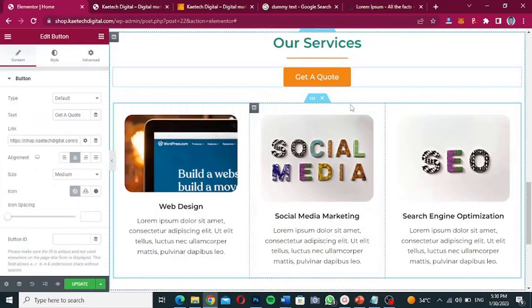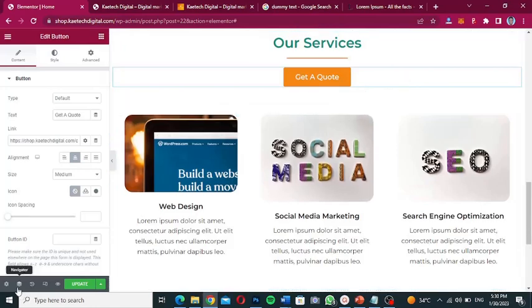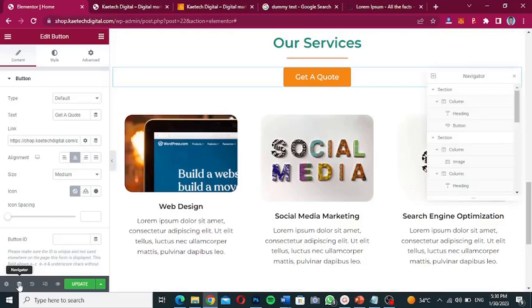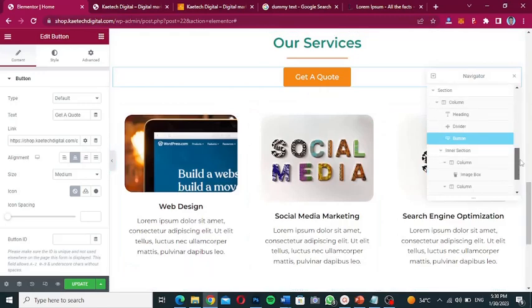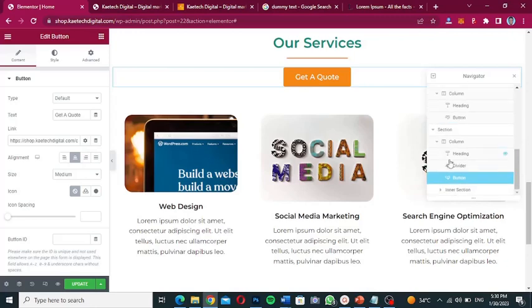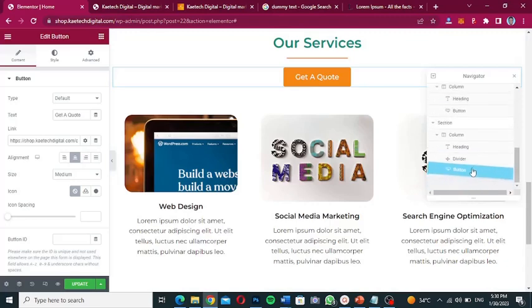I still want it to be under this inner section, so I will use the navigator and then move it. Okay, so I'm going to locate where this one is. As you can see, this is it. This is the button, and this is the inner section. Now I want to move it underneath the